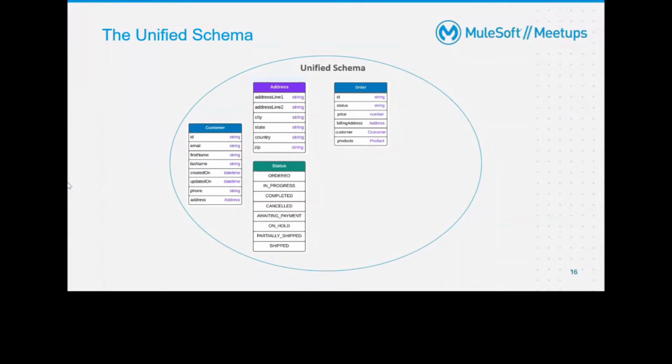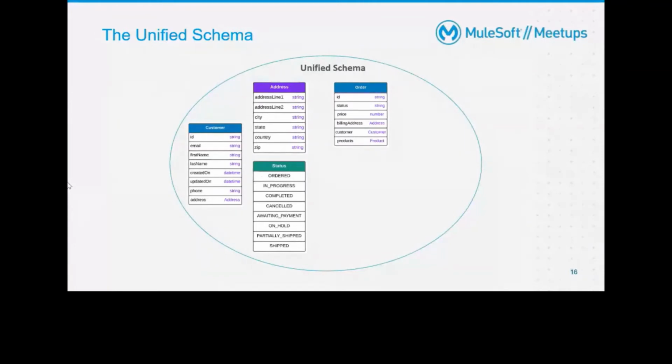What can you do? If it is exactly the same fields in two different APIs, you can merge them as a single data type and it will be stored as a single object in the unified schema. But if we have different elements in different objects, say the order API has more detail, more customer name as well as some more details in an address, but the customer address might have fewer fields, what you can do is link these two objects as a single object.